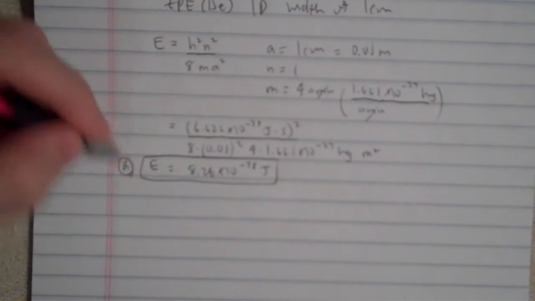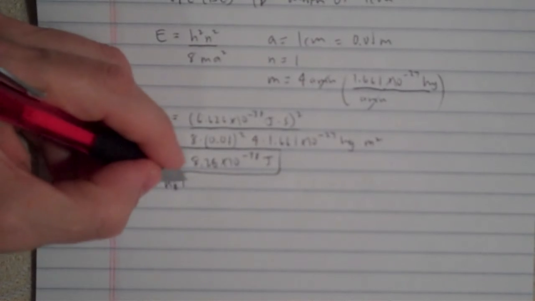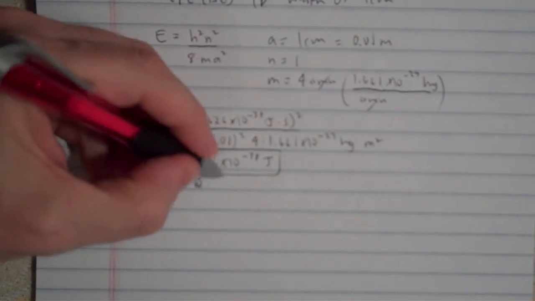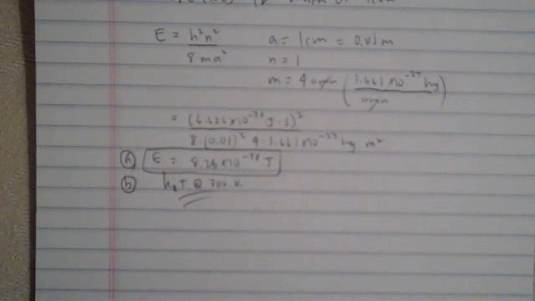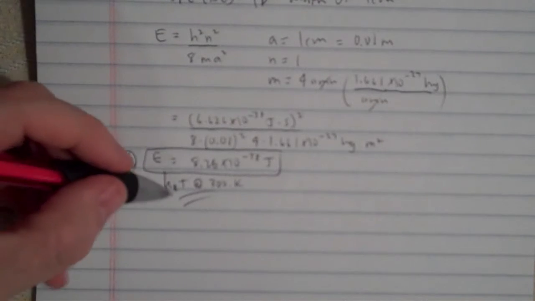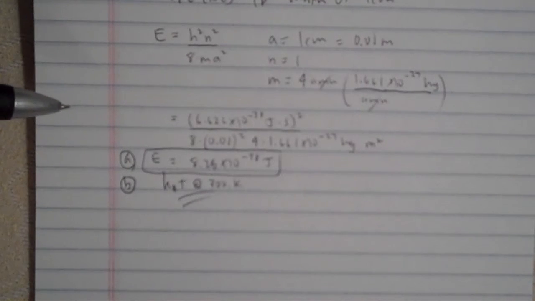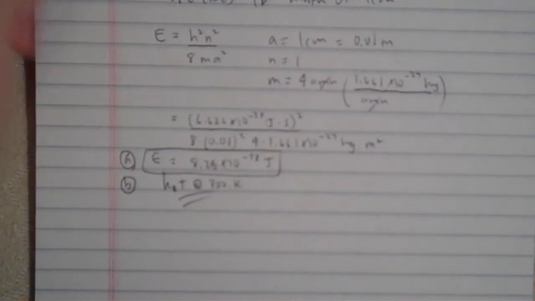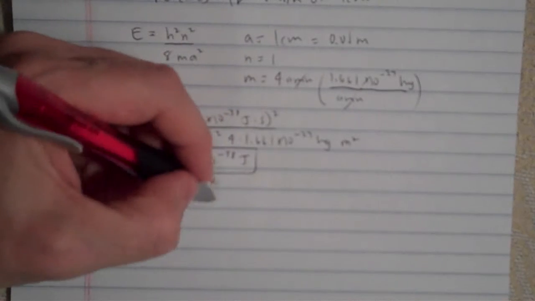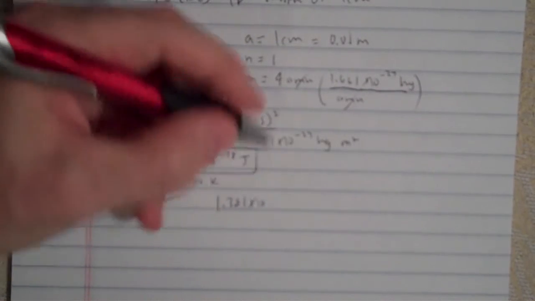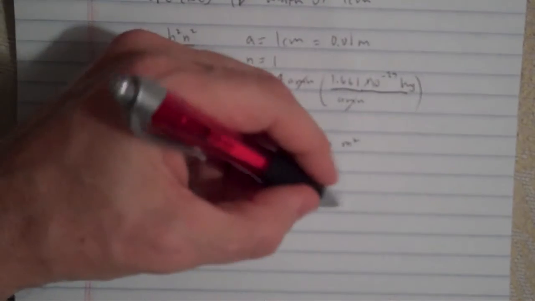So that's part A. Part B is compare this to kBT at 300 Kelvin. All right. What's the significance of this? Let me not say for this video what the significance is, but there is a significance of kBT. And you should be thinking about that. I've said it once or twice in class, but it's an easy thing to miss. So k, I pre-wrote that here before the video. 1.381 times 10 to the negative 23 joules per Kelvin times 300 Kelvin gives us